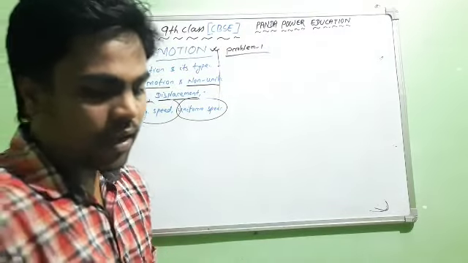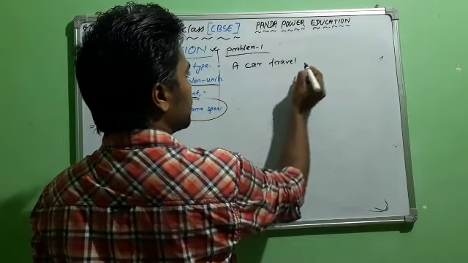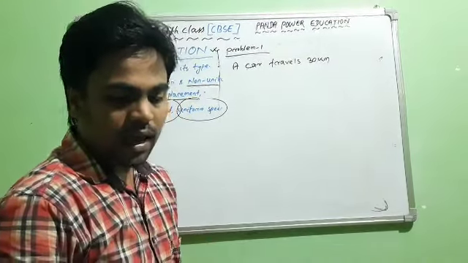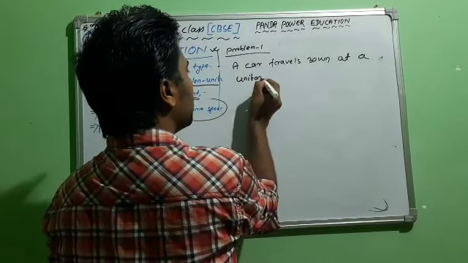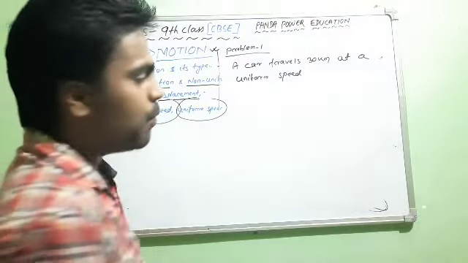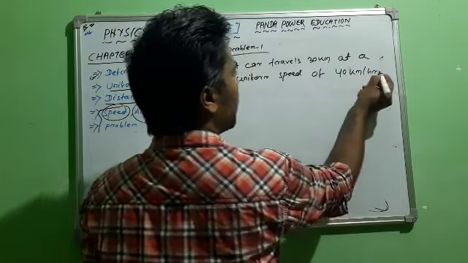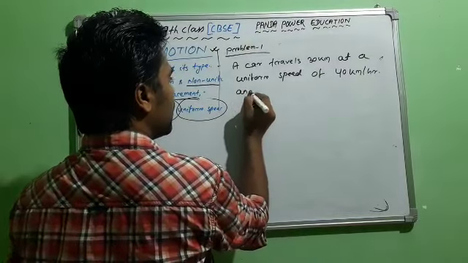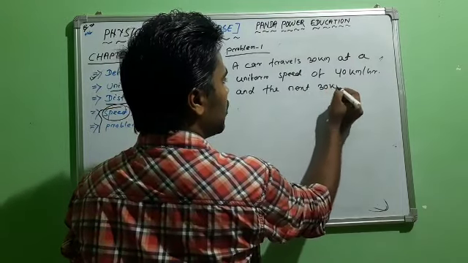A car travels 30 kilometers at a uniform speed of 40 kilometer per hour. Got it? And the next 30 kilometers